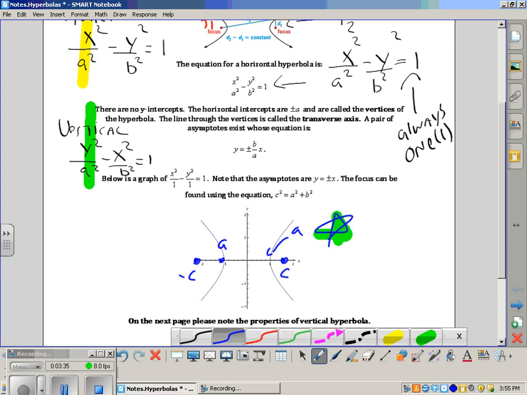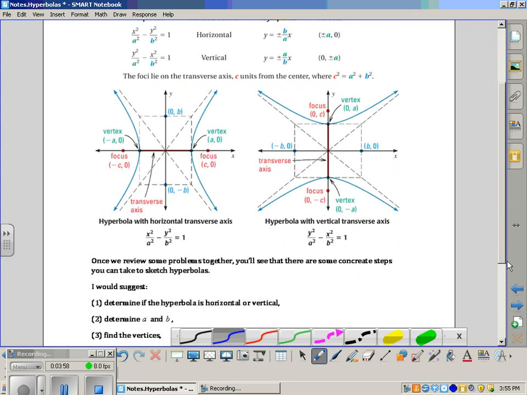And you can see there's only going to be two intercepts. If there's a horizontal hyperbola, then the intercepts are on the x-axis. If it's a vertical hyperbola, then the intercepts are on the y-axis. But we're going to practice this all in 1 second, okay? I think probably the most important piece of information is on page 2. And remember, you can stop the video at any time, but if you look at the bottom of page 2,